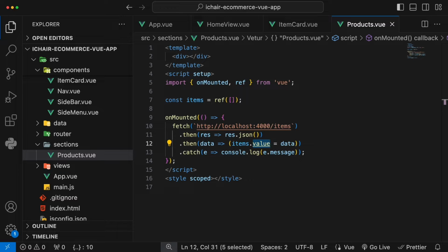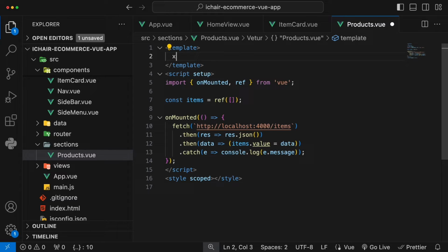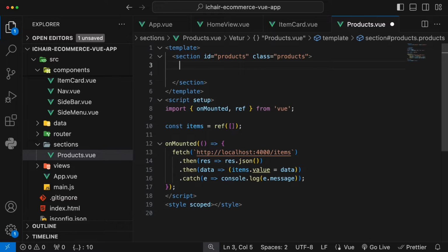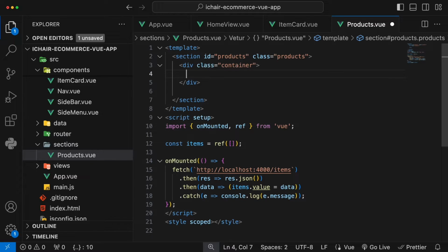And once we've done that, we're going to set up our template as above. So here we delete this one. We create a new section and give this section an ID of product tab. And we want to have the same class name of product as well. So now we wrap everything inside this section, and in here we create a container, which is the Bootstrap container. And inside this container we create a row,